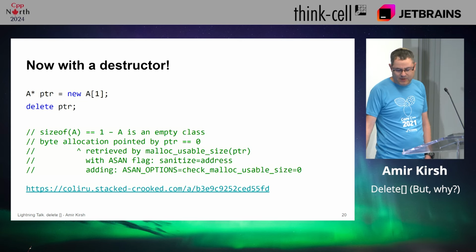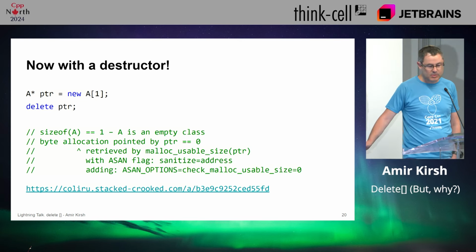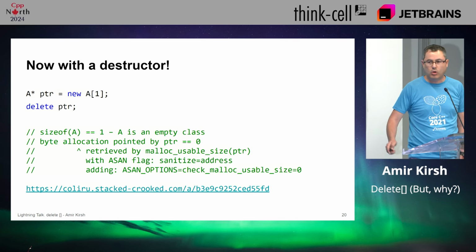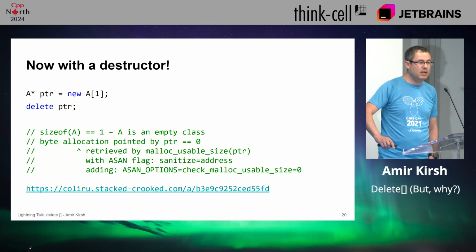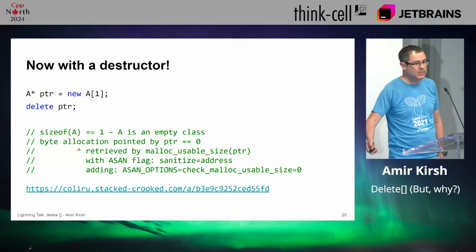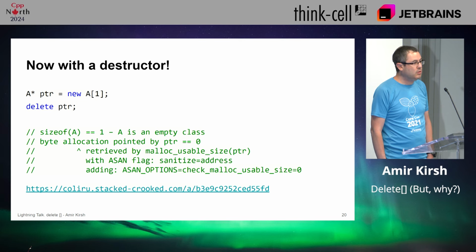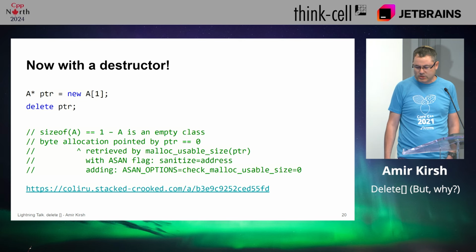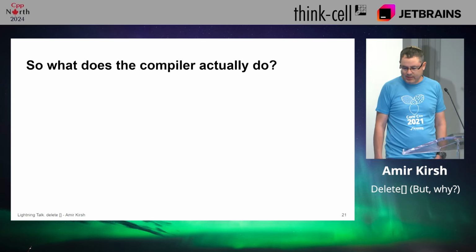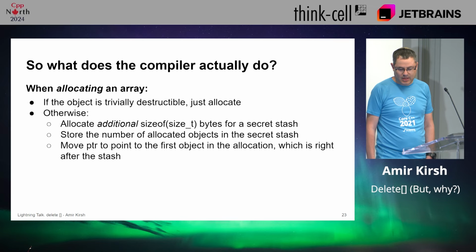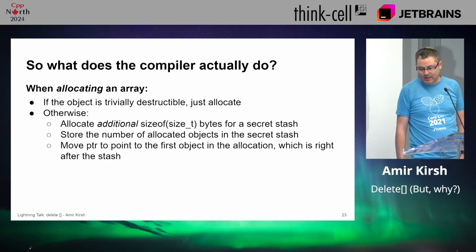So let's add a flag, check malloc usable size 0, which means don't crash me on wrong calls or on calls to malloc usable size that returns something that is not malloced. And now it works, but returns 0. So was the allocation 0? No, it was not. So the story is a bit more complicated because, again, a disclaimer, the compiler actually allocates